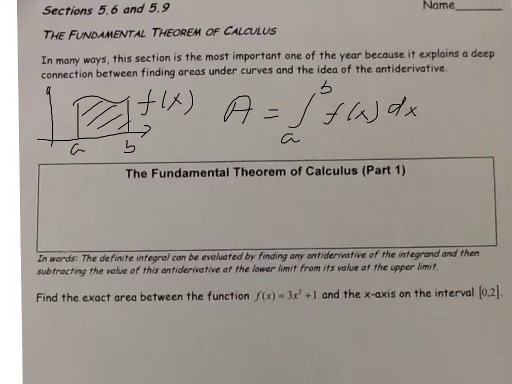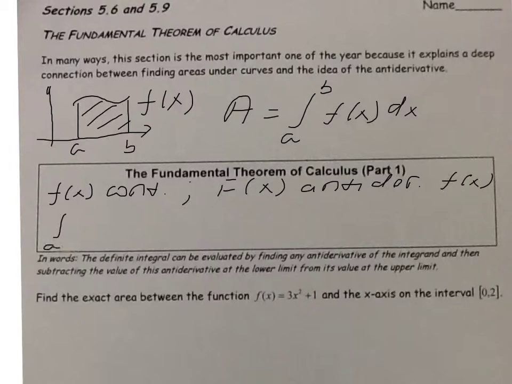And the fundamental theorem of calculus is going to tell us how to do it exactly. So from this point on, we don't need to go to Riemann sums all the time to approximate this area. So if we're working with a continuous function f of x, so function f of x has to be continuous, and then if we know that big F of x is an antiderivative of small f of x, then the integral from a to b of small f of x dx is equal,